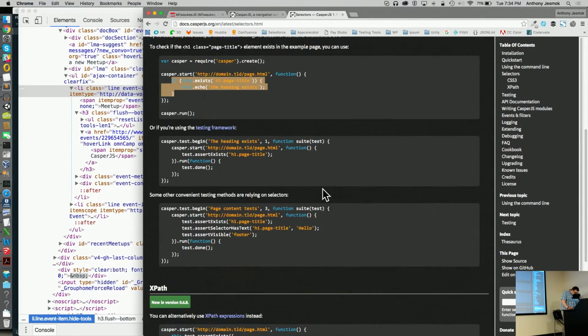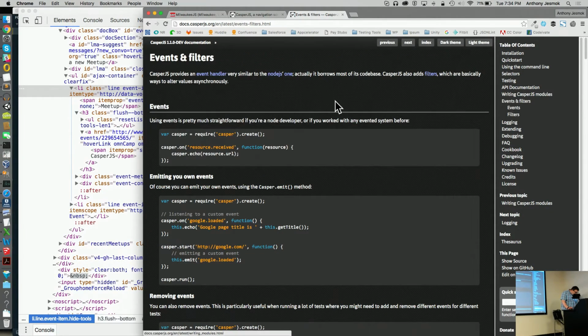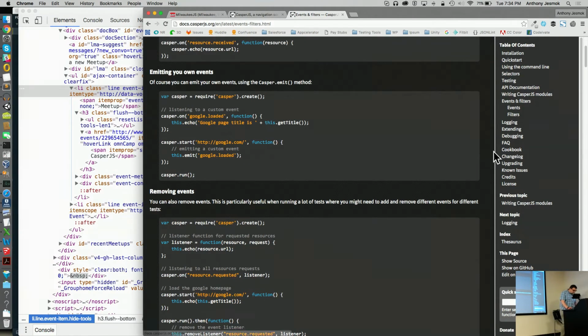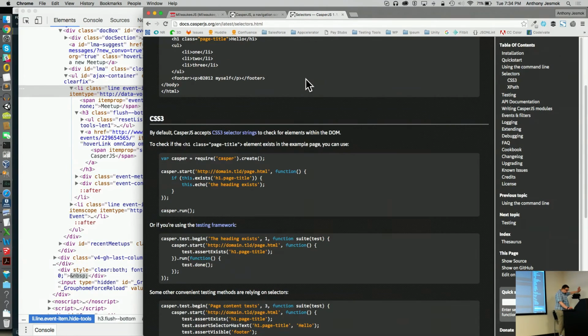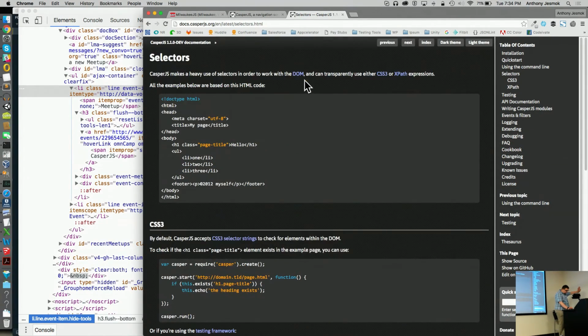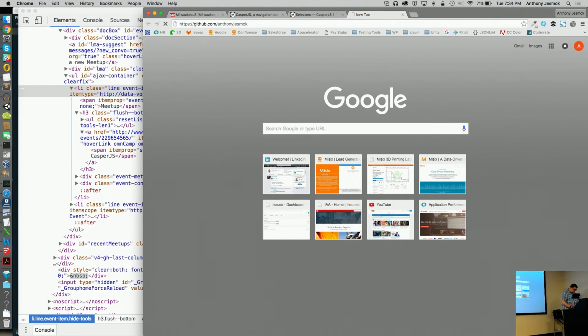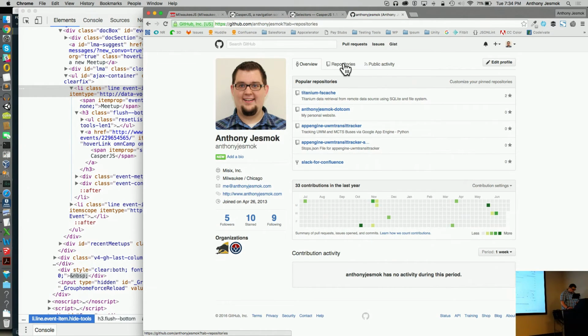And then, let's see here. I'm just thinking of some other things we can do. We can pull up and look at some GitHub code I wrote, just to get a reference.